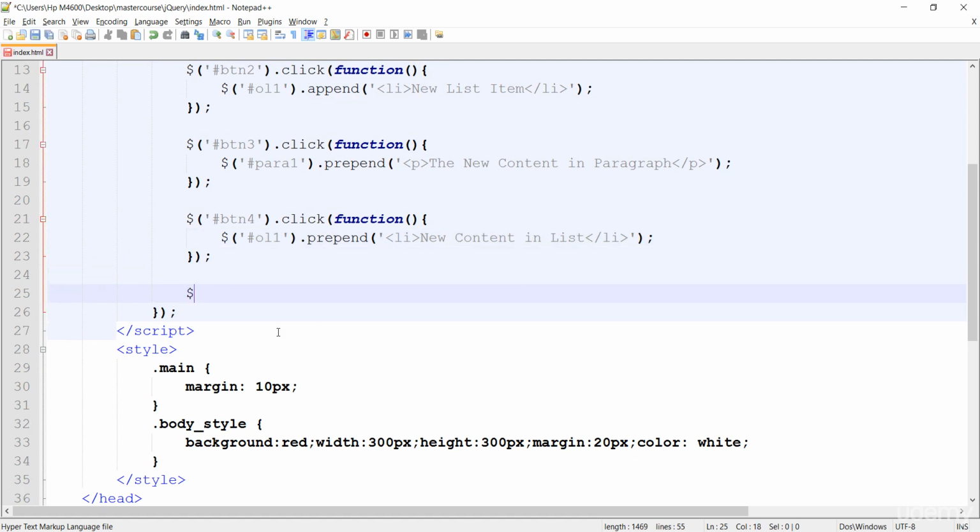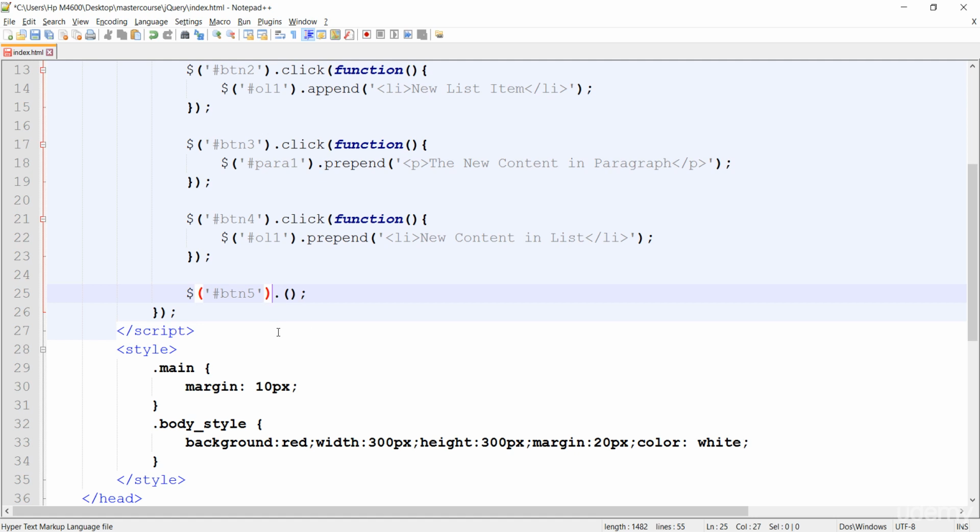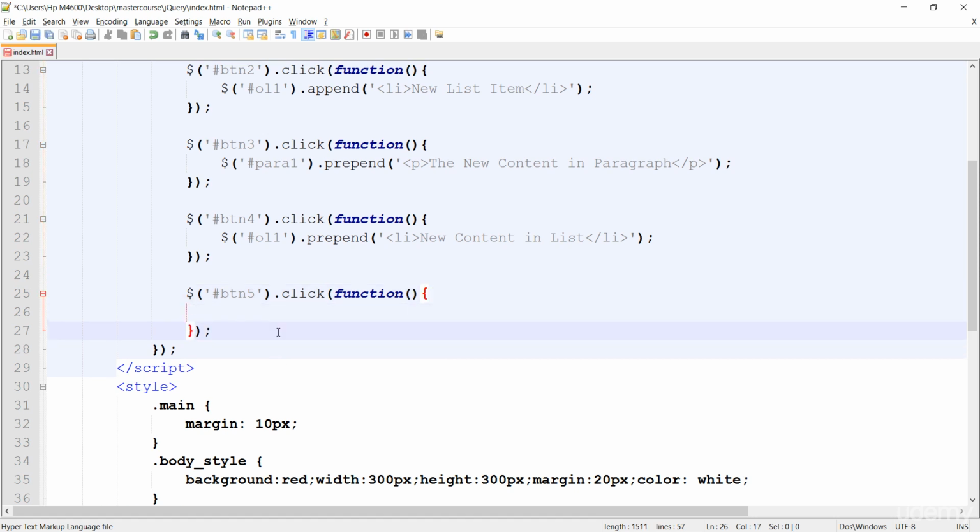Another thing, the btn5, and then the click, and here the function, and then here go inside, and then the